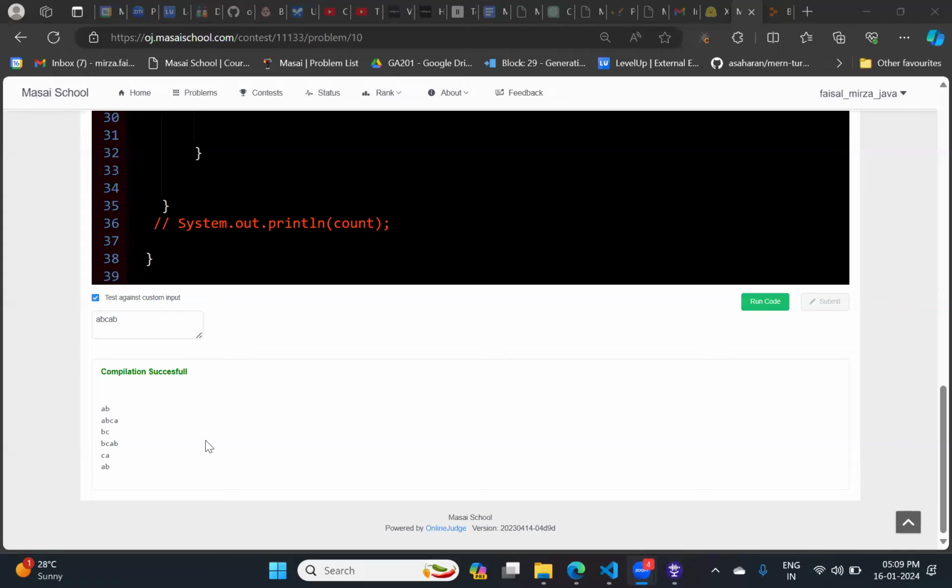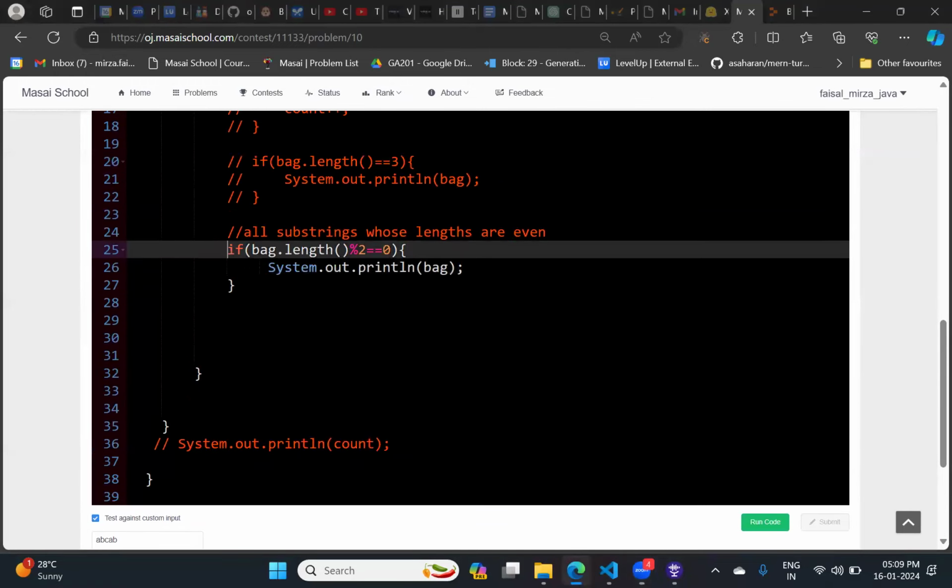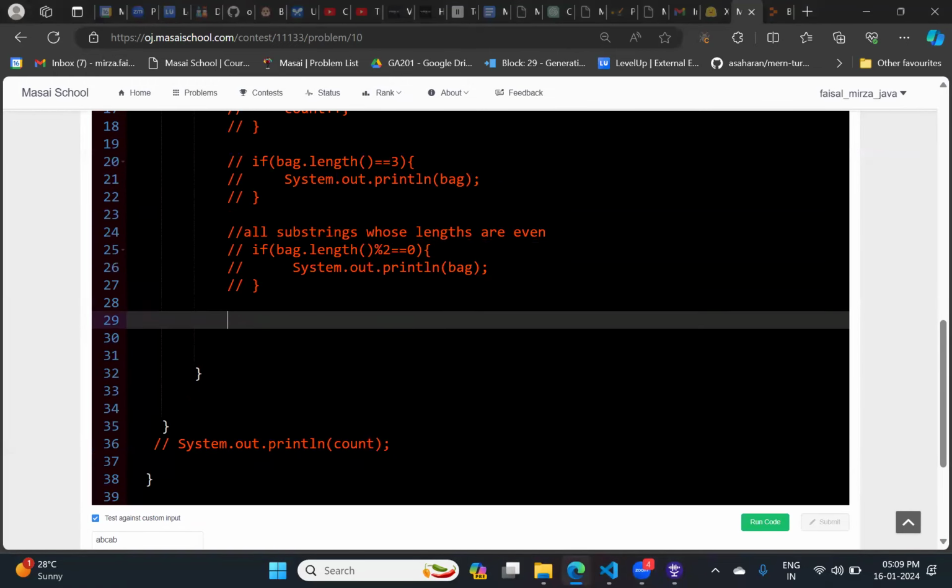Getting it? Yes, sir. Now let me change the problem statement. I want to print all the substrings whose length is prime. How to check? Then I can put an if condition: bag dot length divided by 2 is equal to 0.